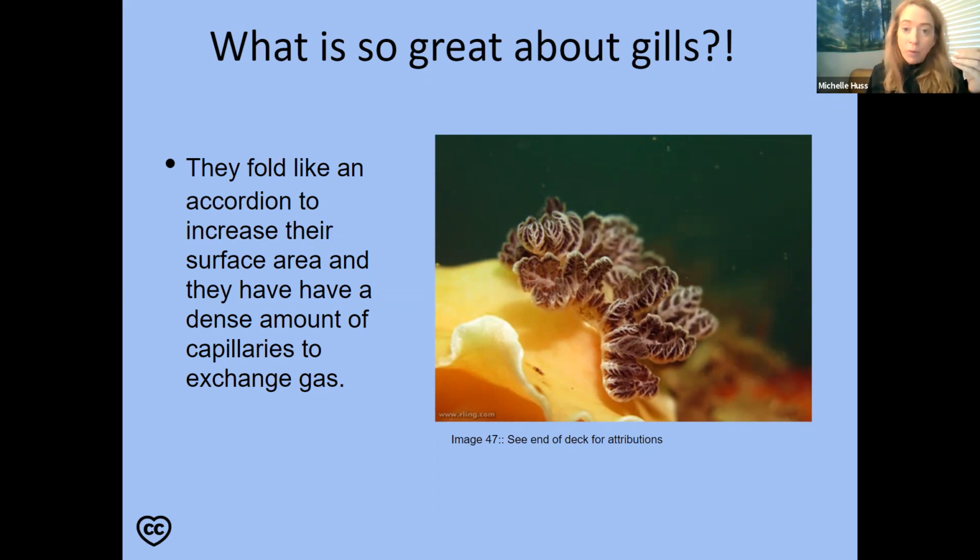Gills were the first, well, who knows what the first was, but gills are what aquatic organisms use, like fish and some snails. They use a folding pattern. The gills are folded, a bunch of foldings, so you have a lot of surface area. So you can get a lot of oxygen in the water. It's just dissolved in the water, it's fine. You get a lot of oxygen passing by those little gills, and then you have blood right near it, in capillaries, which just carry blood. So you've got the bloodstream, very thin, diffusing, getting a bunch of oxygen and giving off carbon dioxide. So gills do it too.